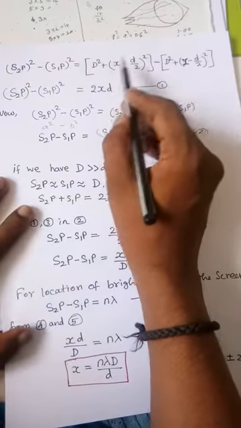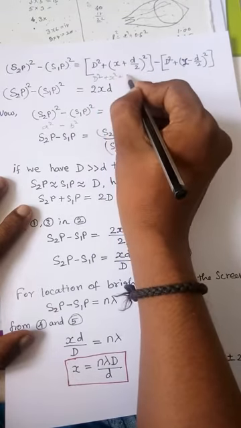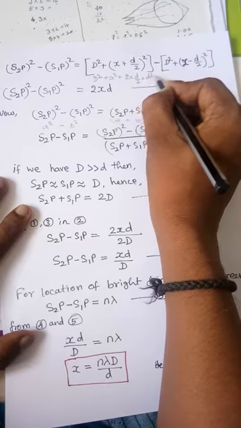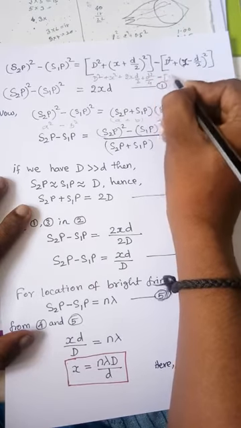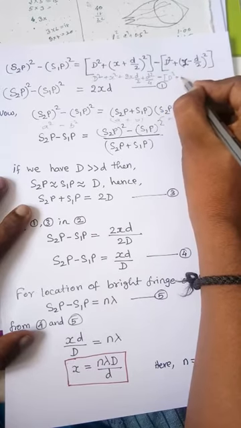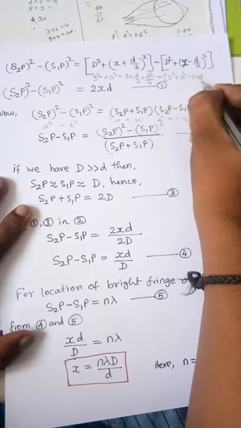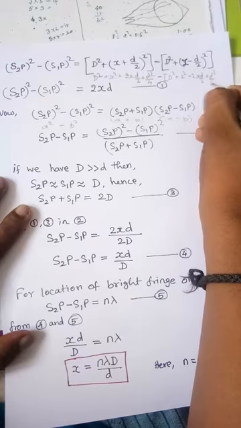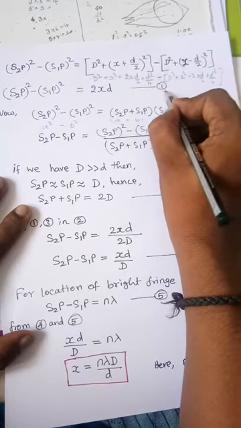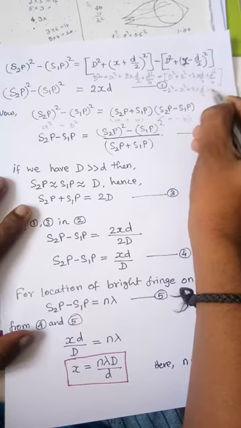Now this is D square plus the a plus b whole square formula: x square plus 2ab plus b square. Minus common, again D square plus the a minus b whole square formula: x square minus 2ab plus b square. This minus is common for all the values. So multiplying the minus inside: minus D square minus x square plus 2xd by 2 minus d square by 4.